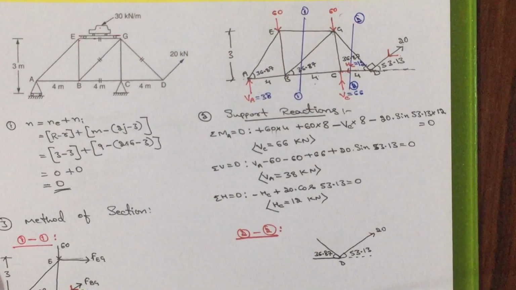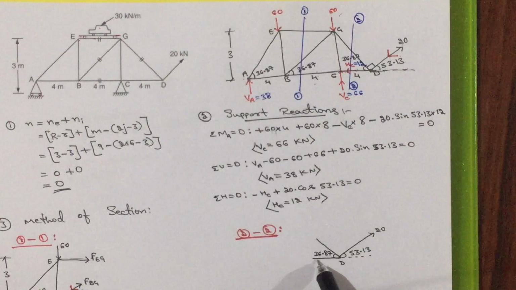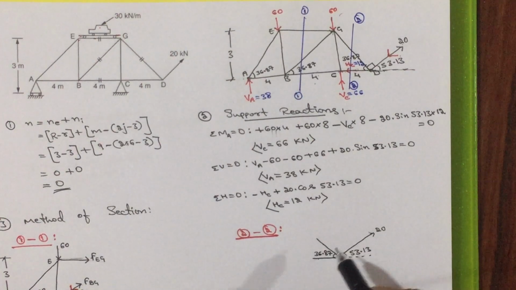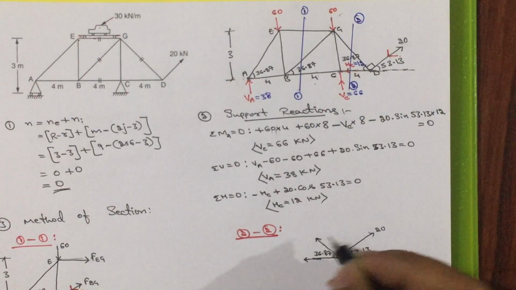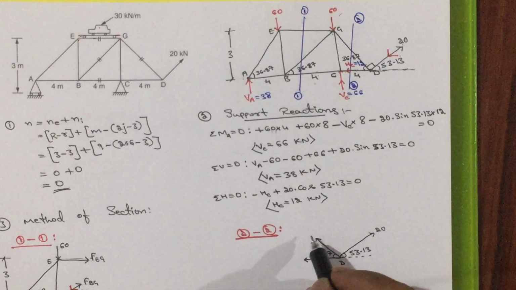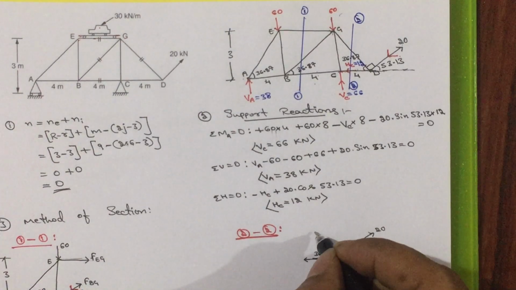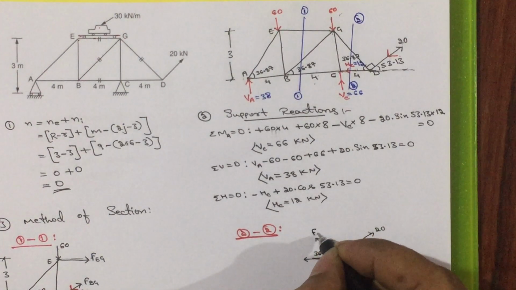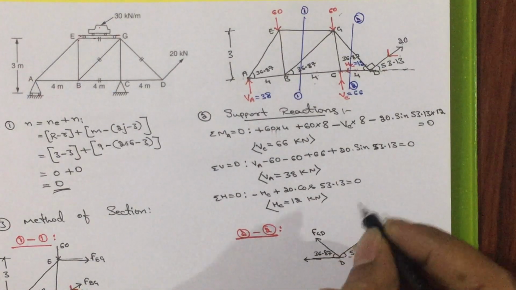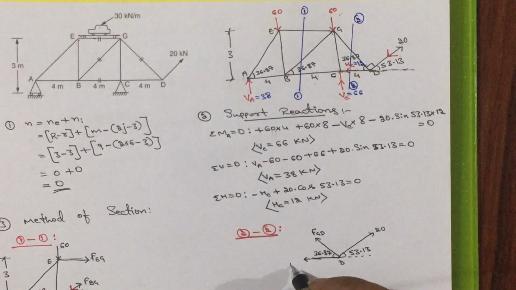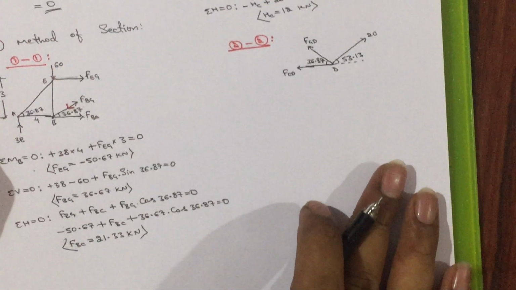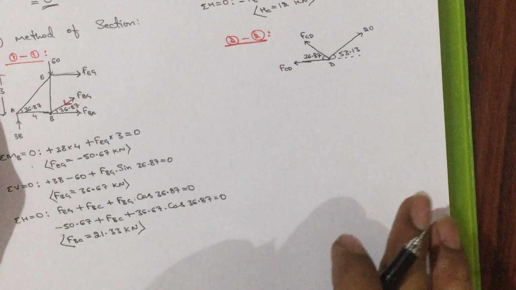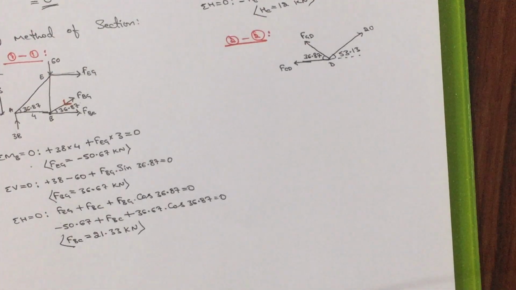Okay, this much we have, and these forces we don't know whether it is subjected to tension or compression, but initially we will assume that all these members are subjected to tension. Now which member it is? It is FGD or FDG, whatever it is. Then this one is FCD or FDC. Now once you write the free body diagram, again same procedure, you can make use of horizontal, vertical and moment condition and solve the problem.